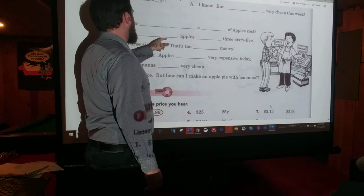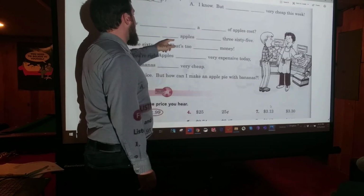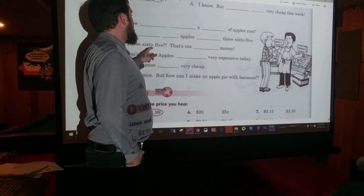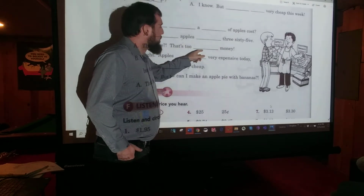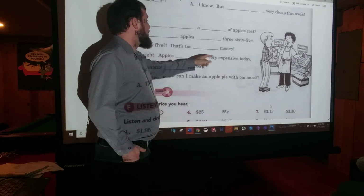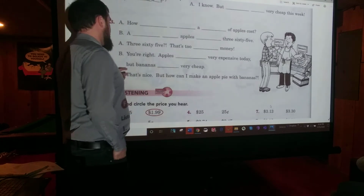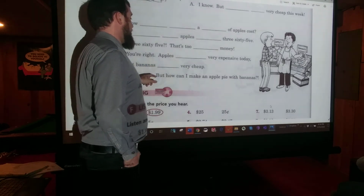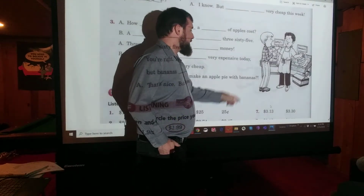A pound of apples costs $3.65. $3.65, that's too much money. You're right. Apples are very expensive today. But bananas are very cheap. That's nice. But how can I make an apple pie with bananas? Oh,